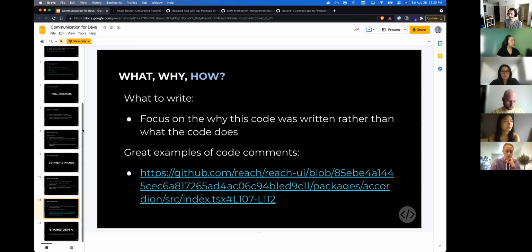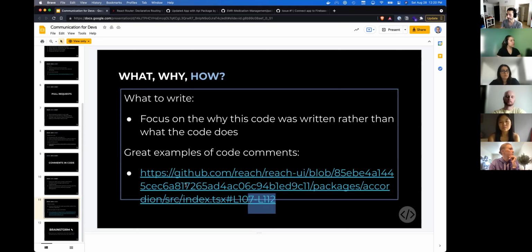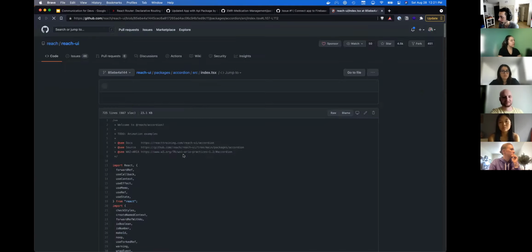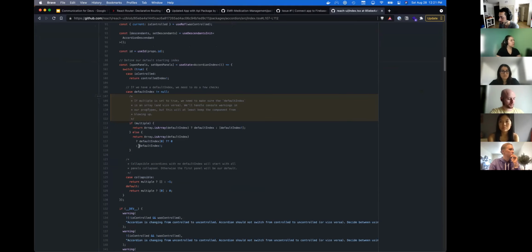So for writing comments, it's great to focus on why the code is written rather than what the code does. Adding a comment saying "if this is red" right below an if statement that says if this equals red is not very helpful because it's just redundant. But if you have a piece of code, like for instance, this here is a detailed explanation for this particular conditional. It's explaining why this is happening, which is not something you can do in code.